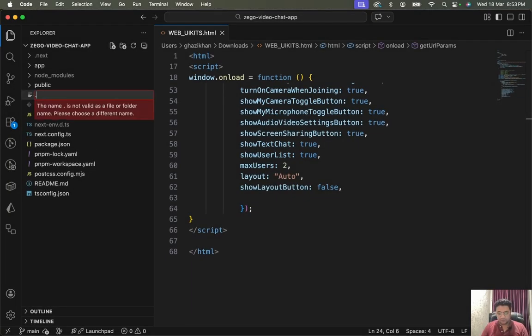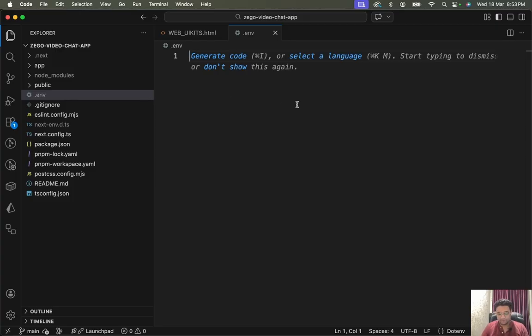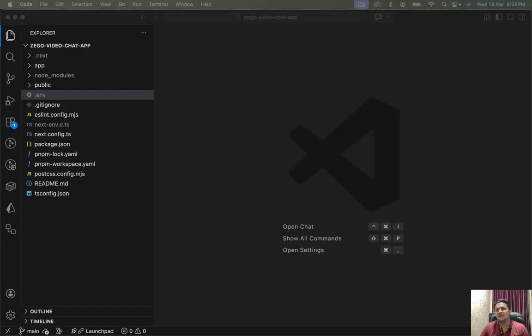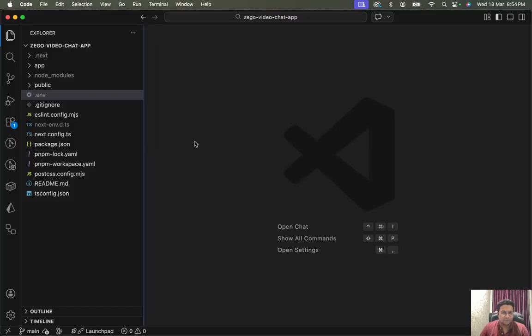So first thing is I need an environment file where my Zego AppID would be, and then Zego secret key. I'll just close that HTML because I don't need that. I will do the installations and everything on my own, and I'll start with the application. Let's do one thing. Because they already have the pre-built things ready, I think I don't need to do a lot of things here because they already provided a lot of things. So let's do one thing. Let's first